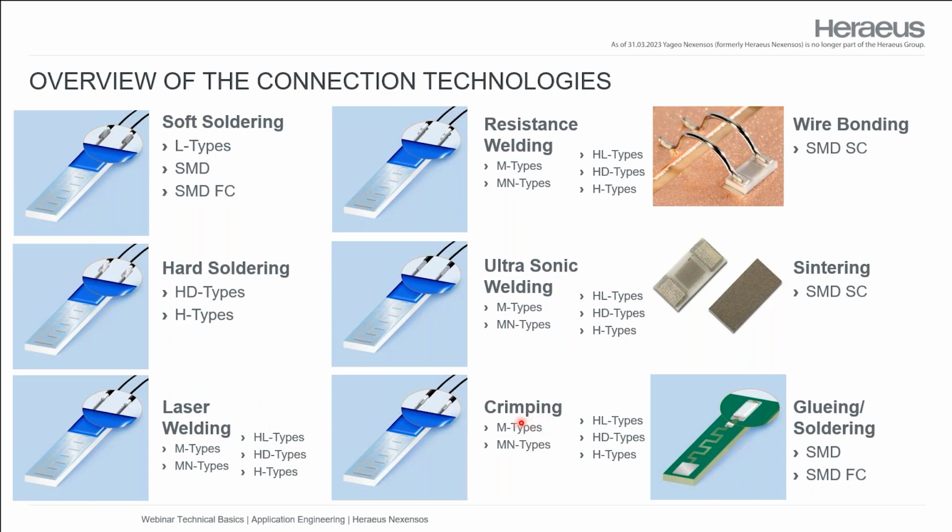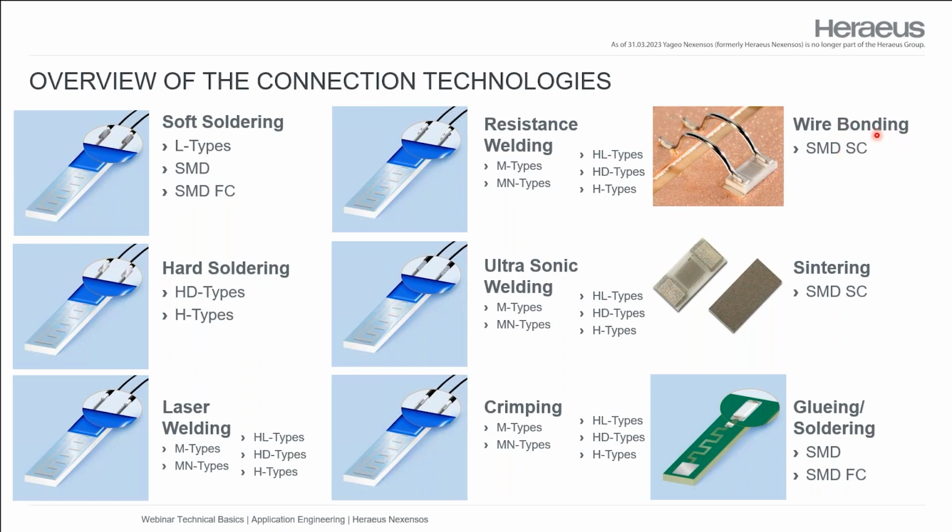But you can also make a lot of failures. It's not so easy to judge in the end if the crimping is good or not. For our SMD types, we have for sure not a wired version. We use different interconnection technologies like wire bonding. This is a 300 micron aluminum wire from our colleagues at the HET